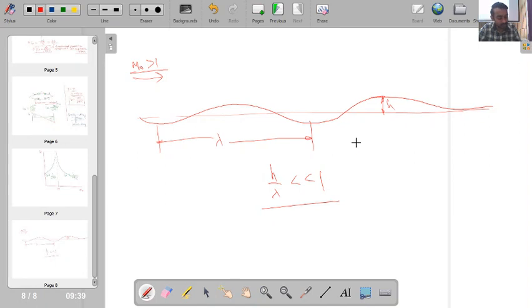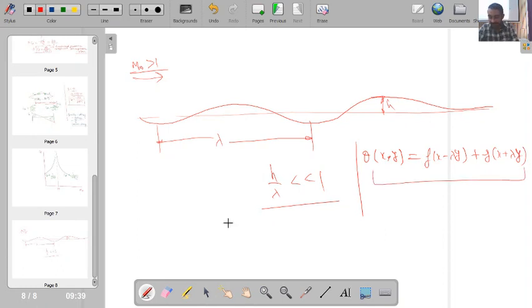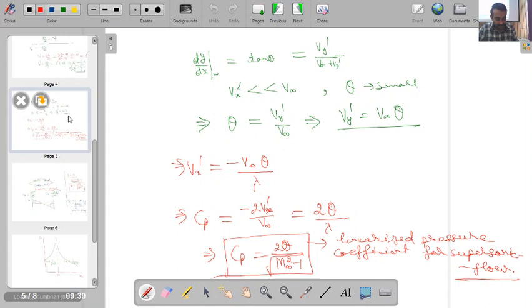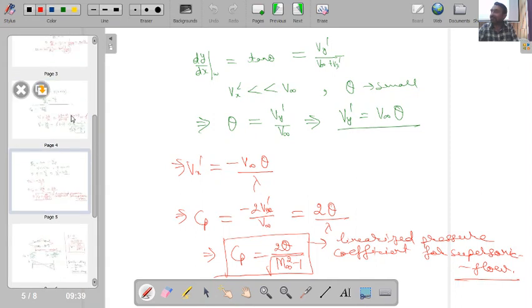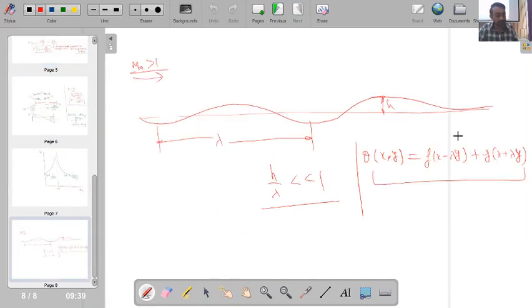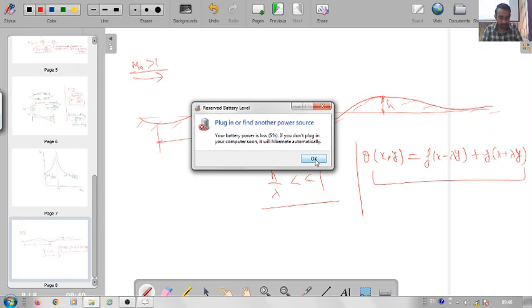Okay, so for the supersonic flow solution, we already know that phi(x, y) will be equal to f of (x minus lambda y) plus g of (x plus lambda y). The only thing you have to do is, the way I have substituted the boundary conditions for this hump structure, in a similar way you have to substitute the boundary conditions for this wavy profile. And what the boundary conditions are, I have already told you in the previous lecture. So if you substitute the boundary conditions, you will be able to